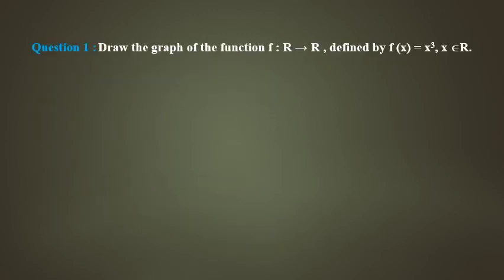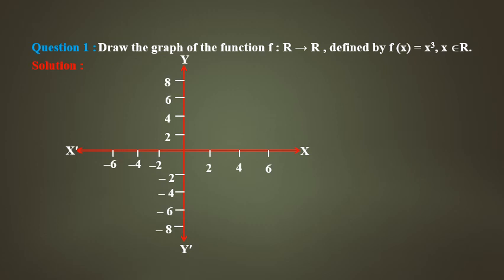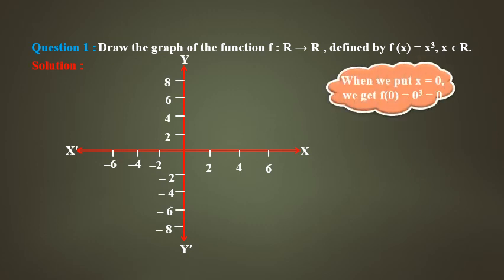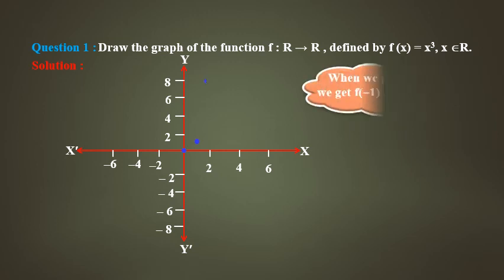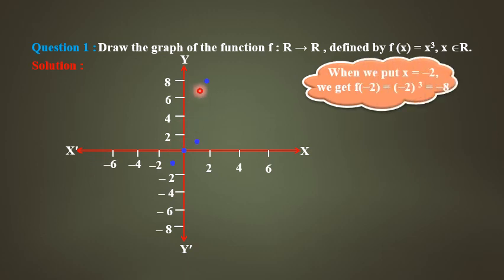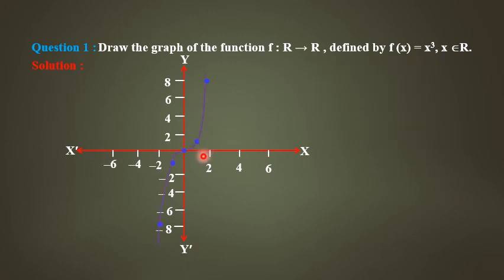And draw the graph f from R to R. We go with one more problem, f of x equal to x cube where x belongs to R. And look at this, go on, substitute the x value and you get the respective y value, meaning the f of x value. So you get, see here I am taking a point as well as the graph here. Yes, look at this. And this is how the graph will be there.